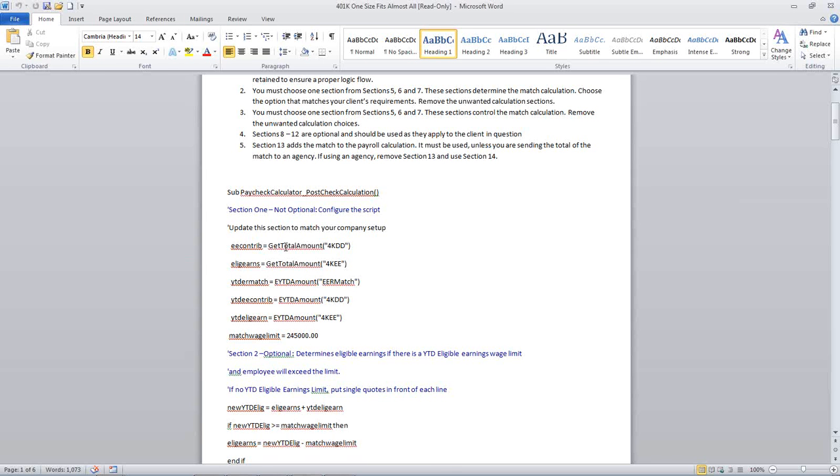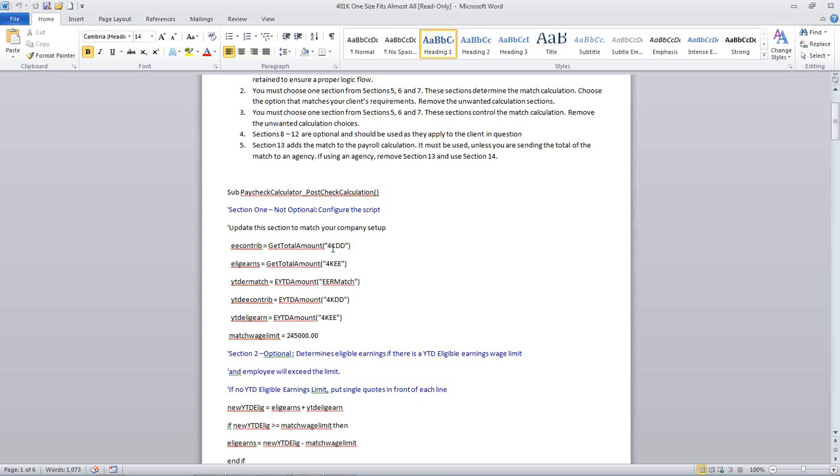M3 has a series of what are called VB functions that tell the script what to do. The command get total amounts is a check level command which says go get all of the information about this check that I'm telling you to get. So I am saying for this check itself that the script is looking at, go find what 4KDD the code group says and add up all the components for the check.